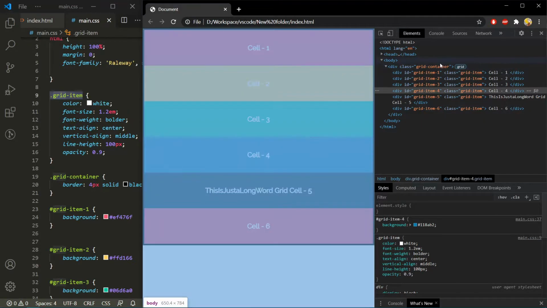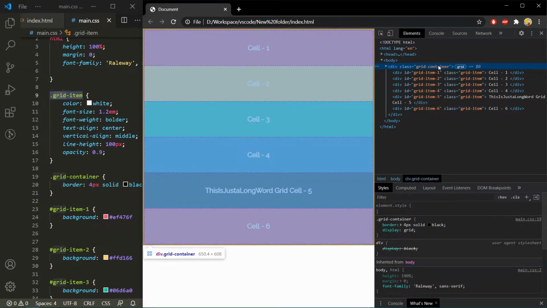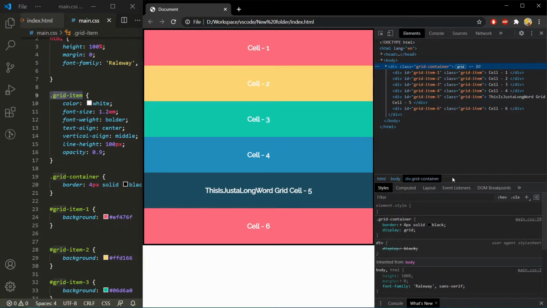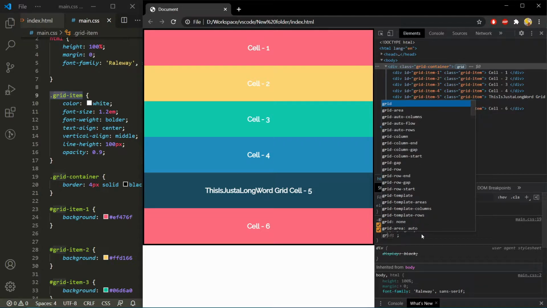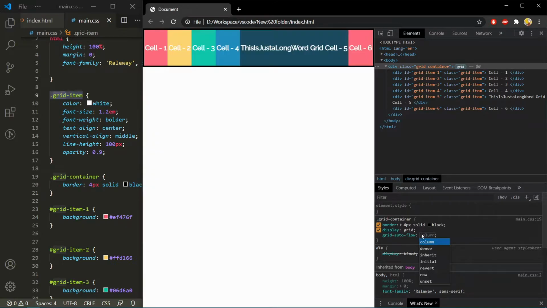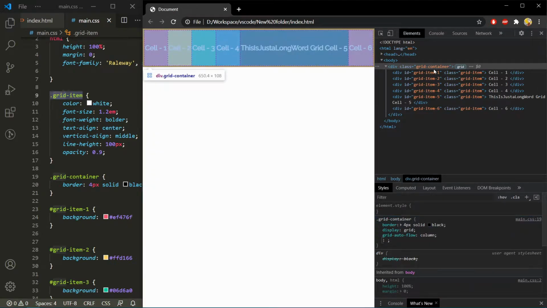Now, as we observed, the default flow is one column and arranges all the items by adding a new row. You can also ask grid to auto place these items by adding a new column instead of a row. We can handle that by using the grid property called grid-auto-flow. Grid-auto-flow and value is column. Now, as you can see, all child elements are kept in one row by adding new columns.